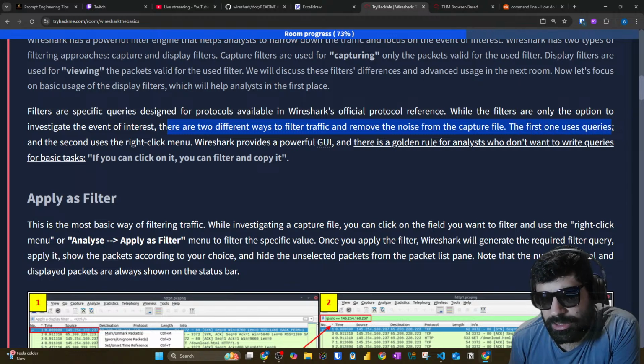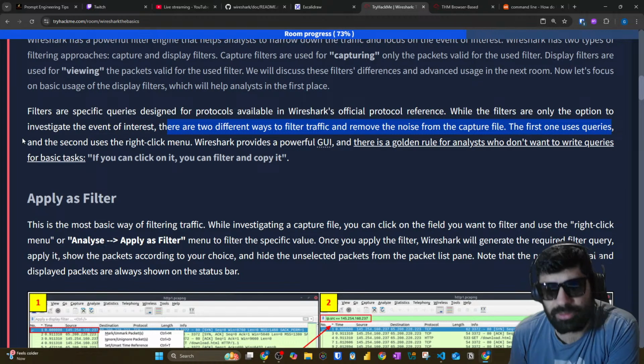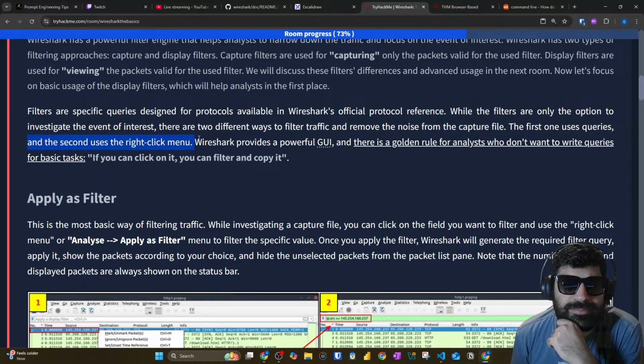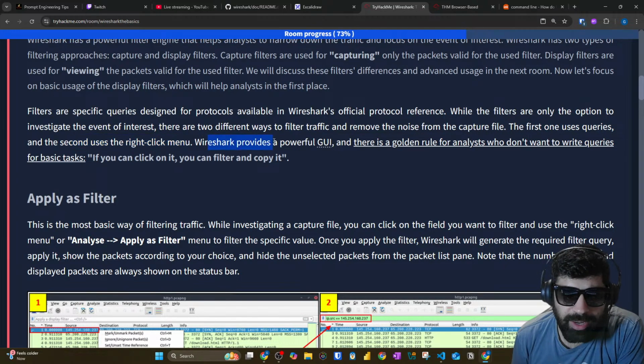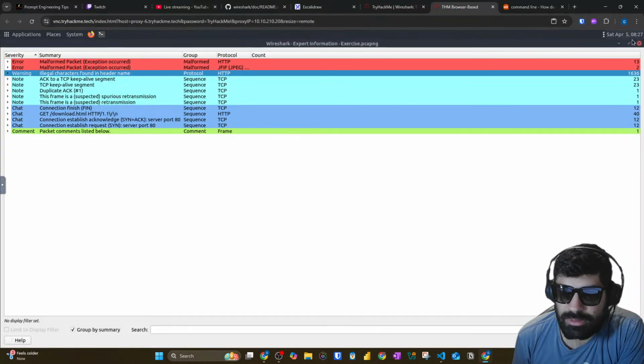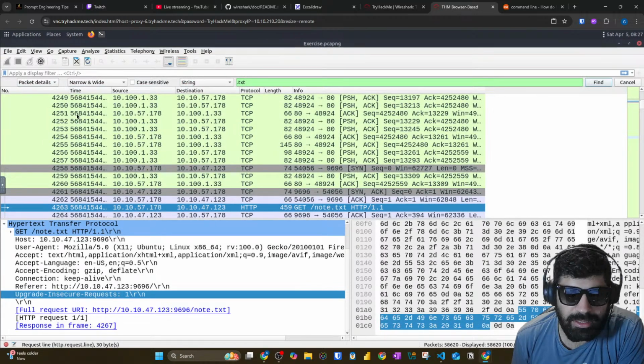The first one uses queries, and the second one uses the right-click menu. Wireshark provides a powerful GUI that is a golden rule for analysts who don't want to write queries for basic tasks. If you can click on it, you can filter and copy it. That's true. So if I just click, right,